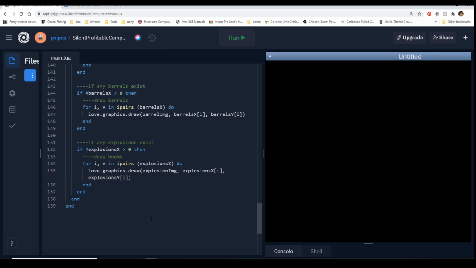The last two things that we're going to do are add text that says game over, and add a score so that when you click those barrels, or when you shoot those barrels, you get a score added. And it's really, really easy.